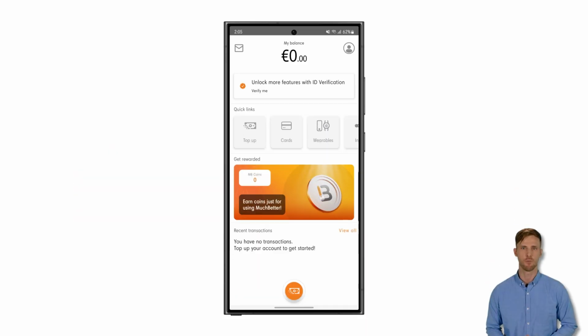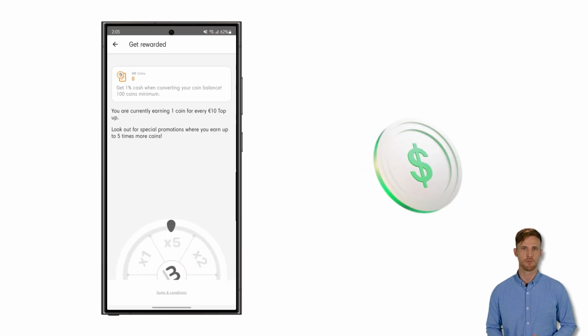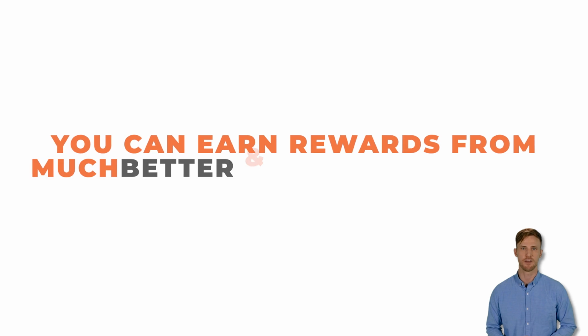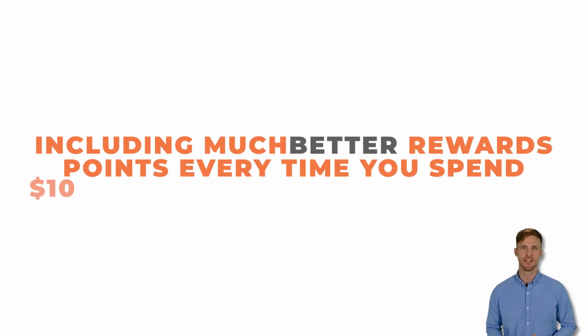Don't forget to check out the rewards section. By topping up your wallet, you earn MB coins that can be converted to real money. You can also unlock the multiplier wheel that increases the number of coins you earn for a limited time. Additionally, you can earn rewards from Muchbetter and online gambling websites, including Muchbetter rewards points every time you spend $10